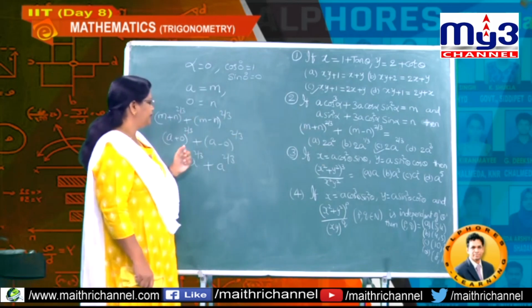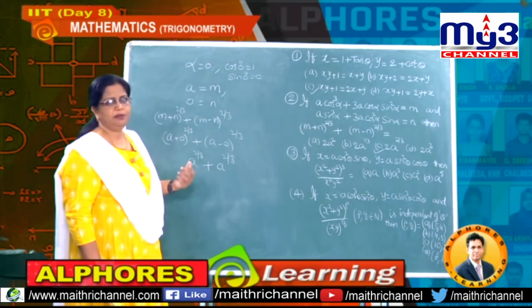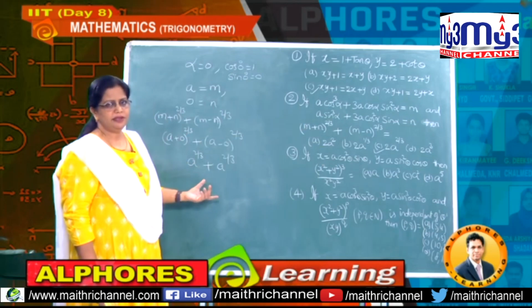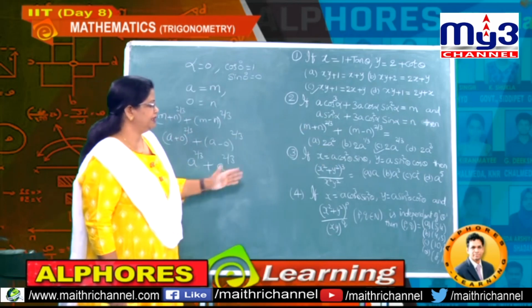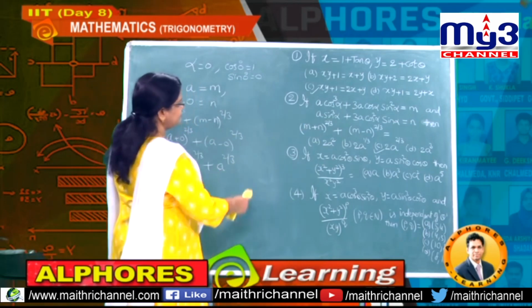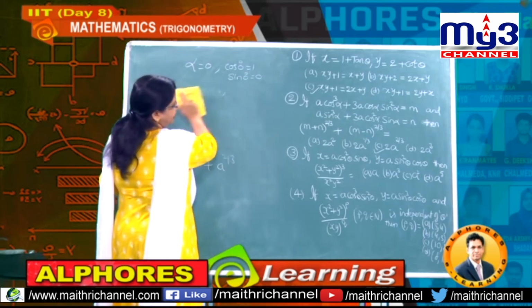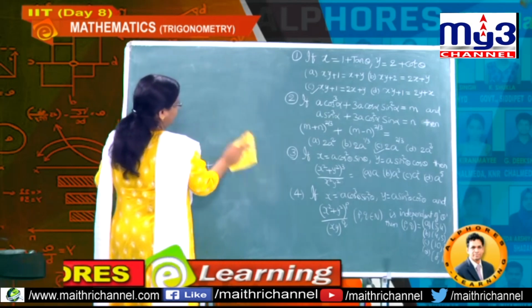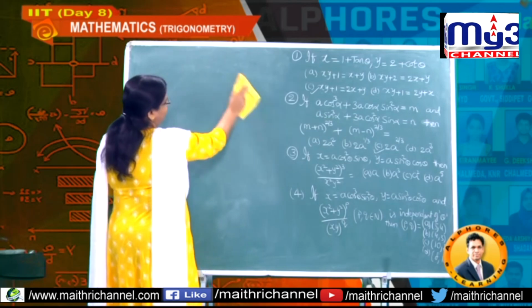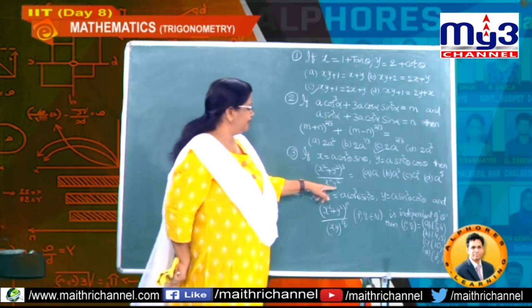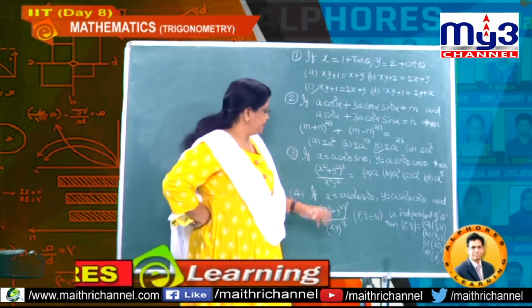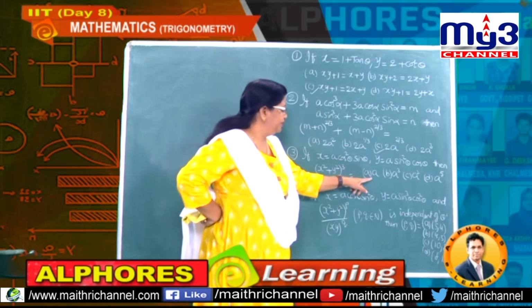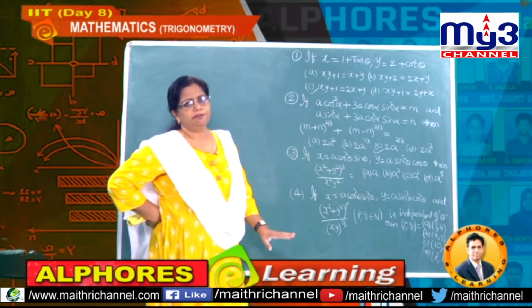Now you got how much here? 2 times a power 2 by 3. Very simple. Okay. Let us check the third problem. How is the third problem given again? They asked you about (x square plus y square) whole divided by x square y square. This option value you have to get in terms of completely A.